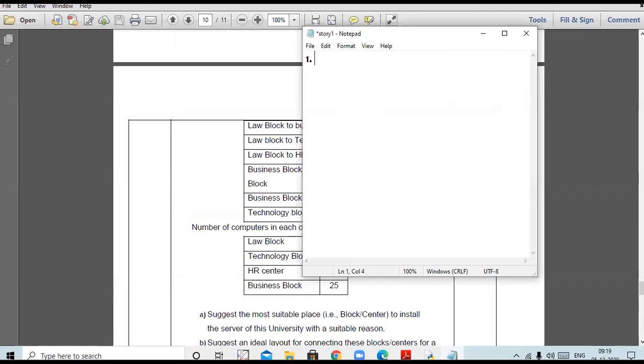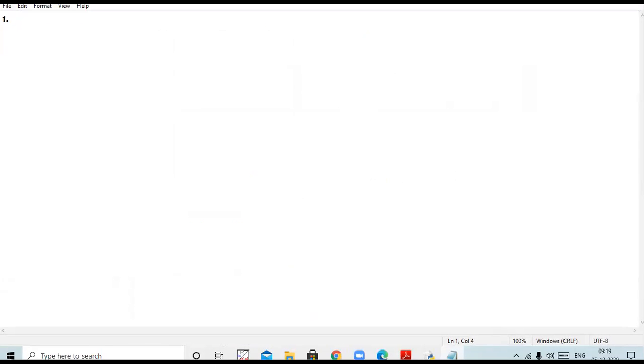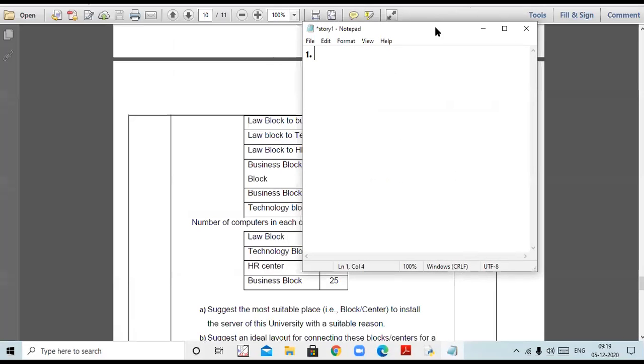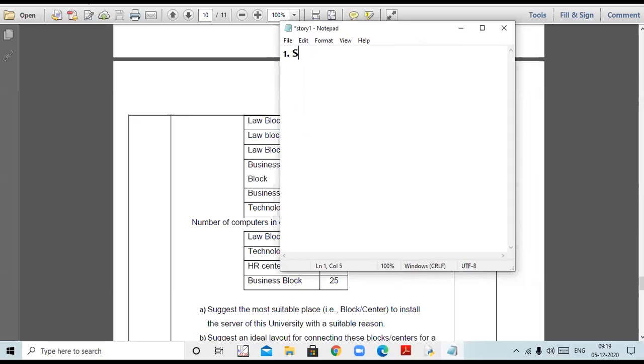So first question of networking: suggest the most suitable place to install the server of this university with the suitable reason. Beta, I told you earlier also, server will be placed in that building which has maximum number of computers. So maximum number of computers, as you can see, is available in HR center. So your answer will be server will be